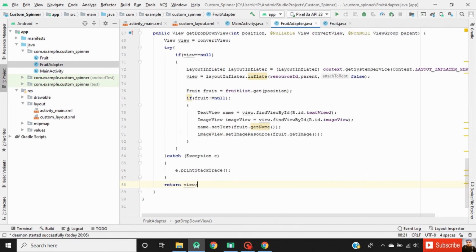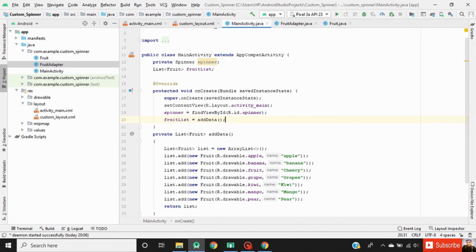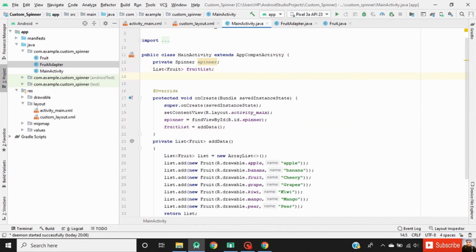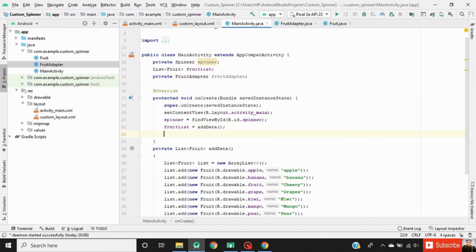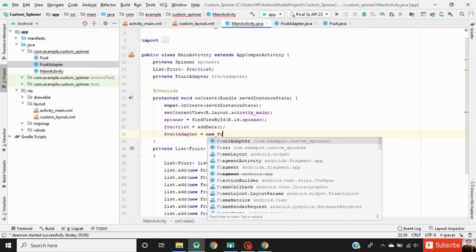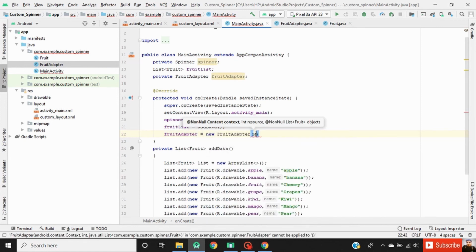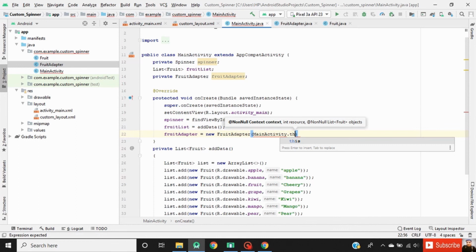Now go to MainActivity.java. Declare an object of FruitAdapter. Initialize the object of FruitAdapter. FruitAdapter equals new FruitAdapter. Then first one, pass the context.